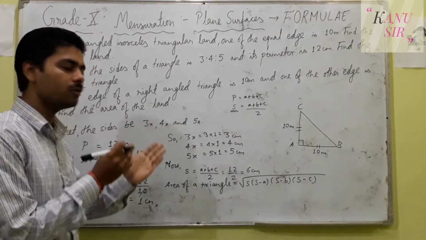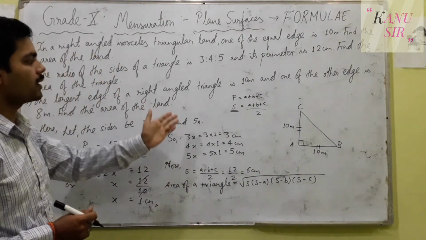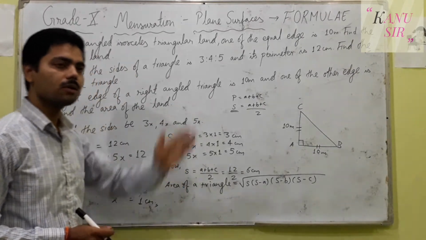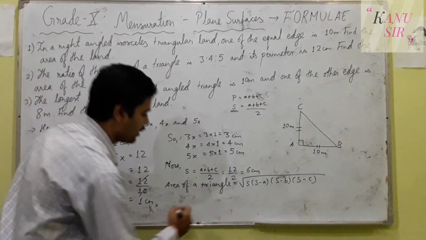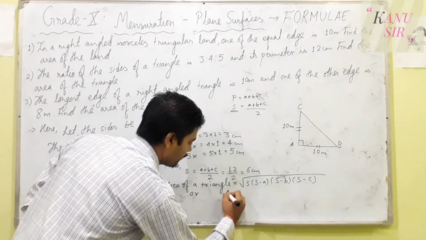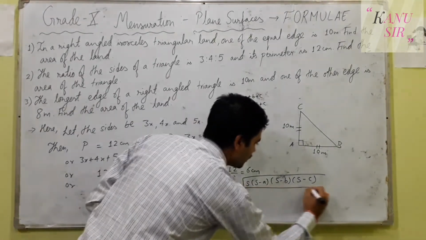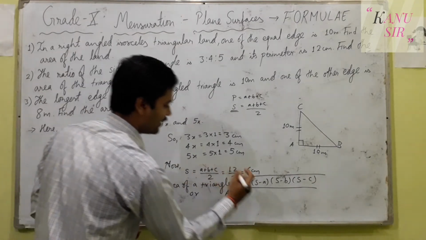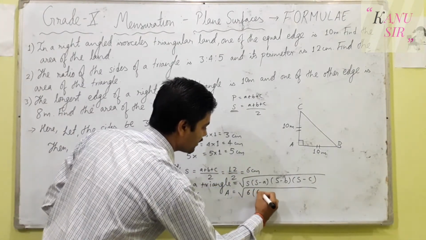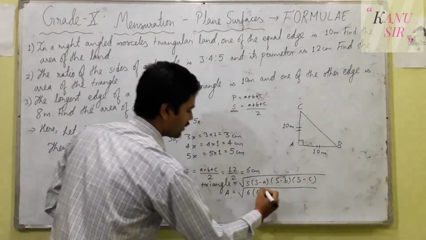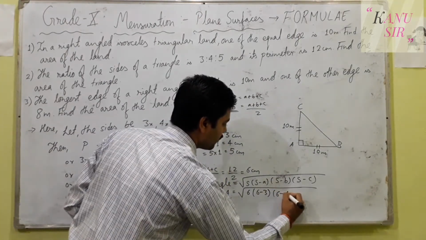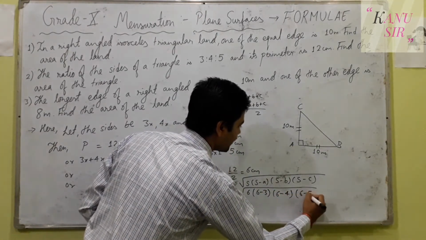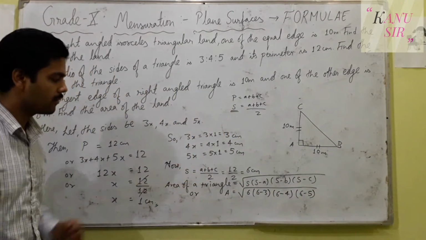Before, I have given you the explanation of the formulas of a triangle in the previous video. You can go up in the I button, I have put it there also. You can see them. Or, area A is equal to root of, if the value of S is 6, write 6 minus A, the first length is 3, again 6 minus B, the second length is 4, and 6 minus C, the third length is 5.